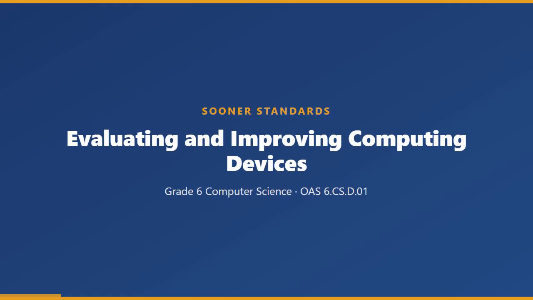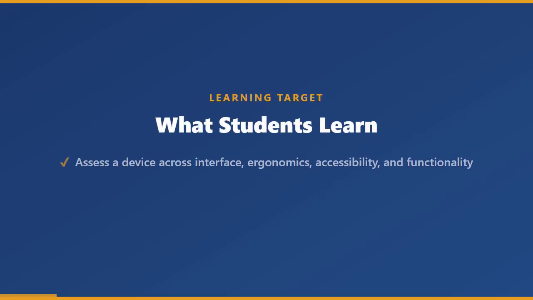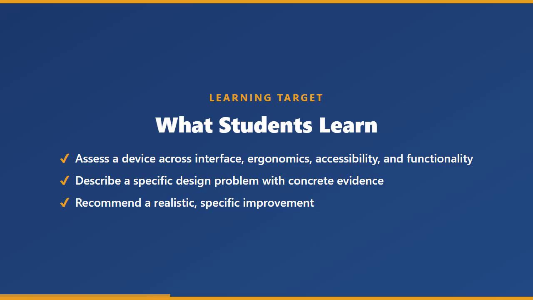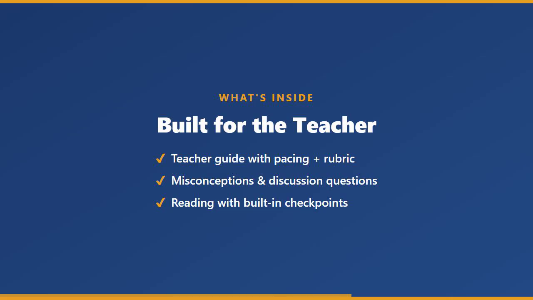From Sooner Standards, Evaluating and Improving Computing Devices, a complete Grade 6 computer science unit for Oklahoma Standard 6CSD01. Students learn to evaluate a computing device based on their own personal interaction with it and recommend specific, realistic improvements to its design. Inside, a full teacher guide with pacing, misconceptions, and a scoring rubric, plus a content lesson with